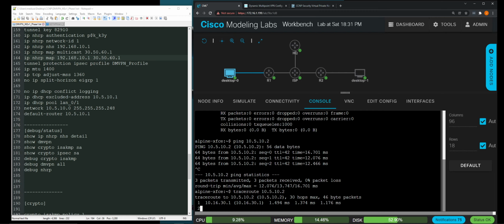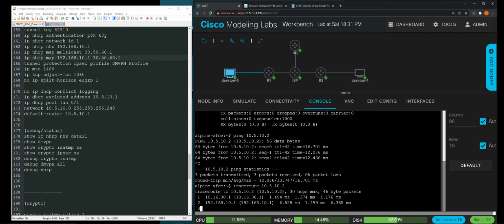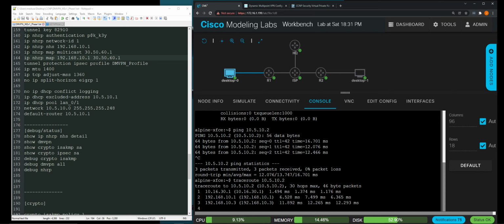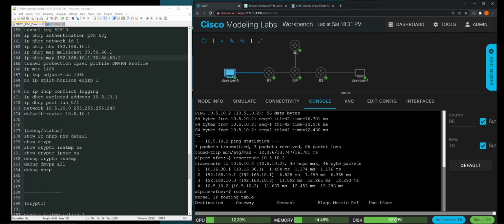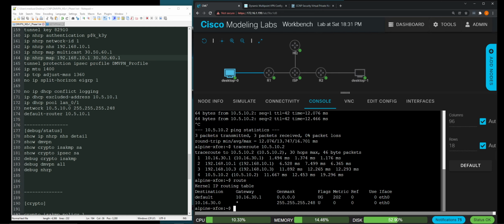So if we look at the routing table for this, 10.16.30.1 is the default gateway for the Linux host. 192.168.10.1 is the tunnel interface for HQ, the hub. 192.168.10.3 is the tunnel interface for R2. And then the IP final destination. So we know for sure that